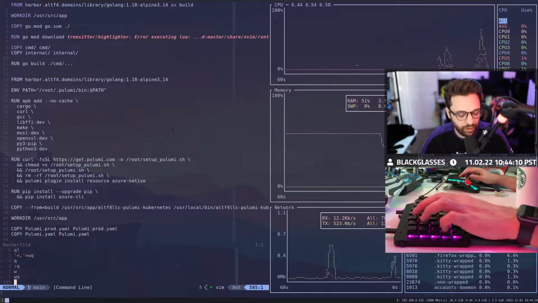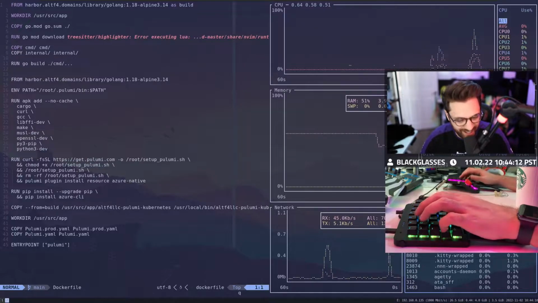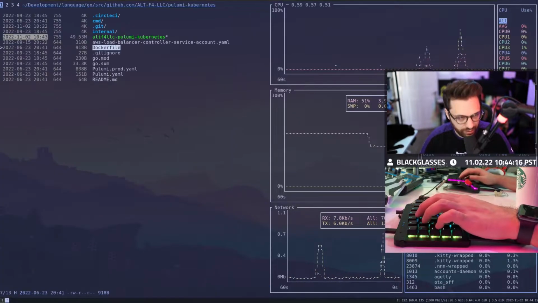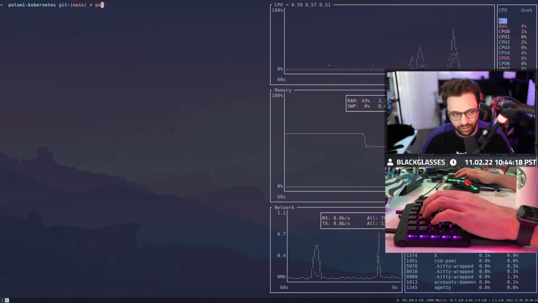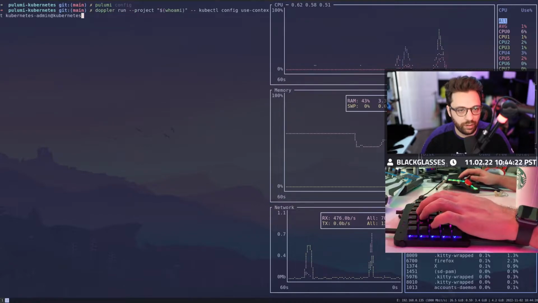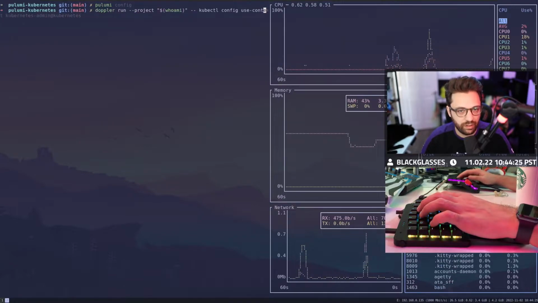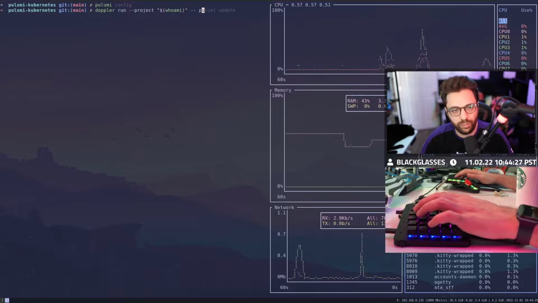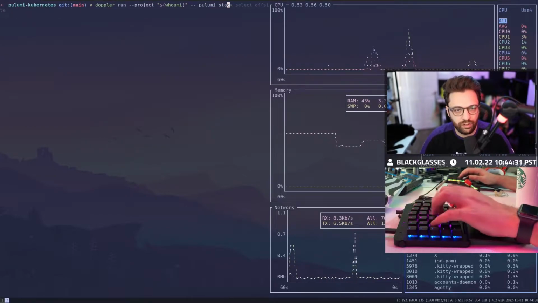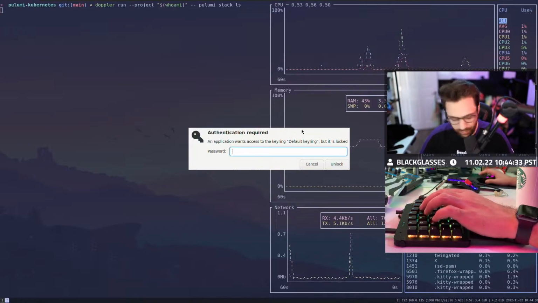Okay, so it's just the... Okay, never mind. I'm a dummy. I genuinely forgot how to run Pulumi with Go. I was like, do I install? Never mind. I'm dumb, chat. Doppler run project. And then let's do Pulumi refresh first. No, let's actually do Pulumi stack ls. Oh man, you turd.